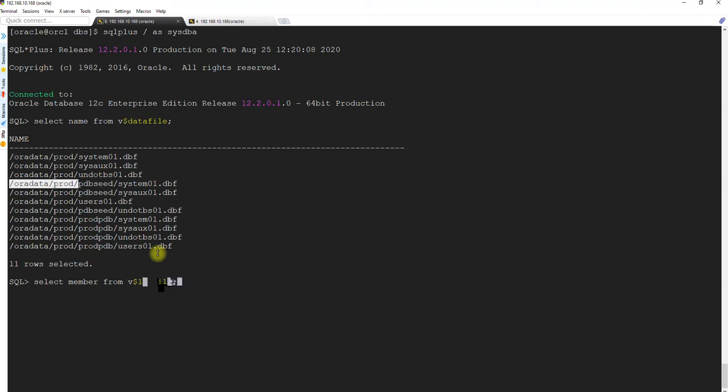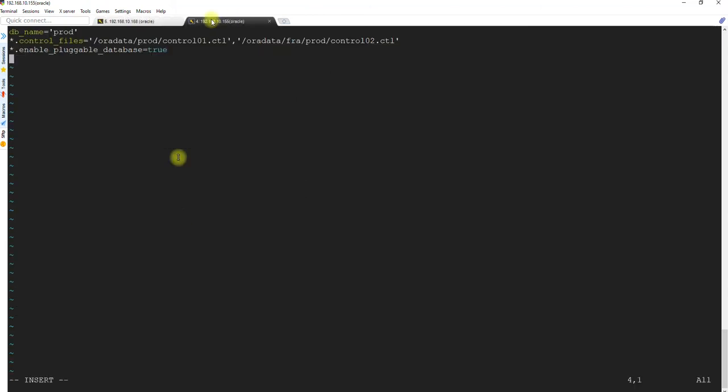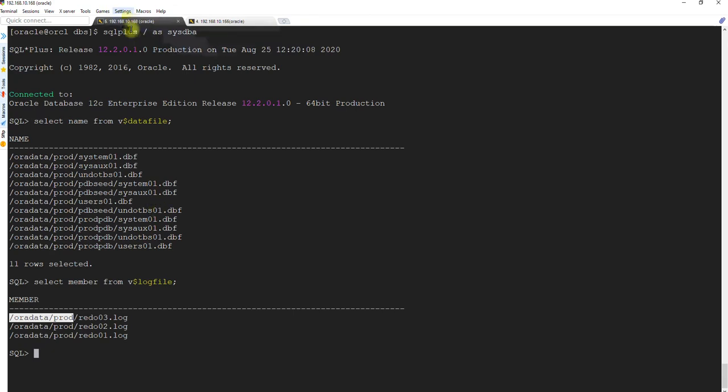So same location. We have this location already, with what we have created just moments back, right? For the control file, these two locations. So we have already done that. Exit out of this. Yeah, so the two parameters will be